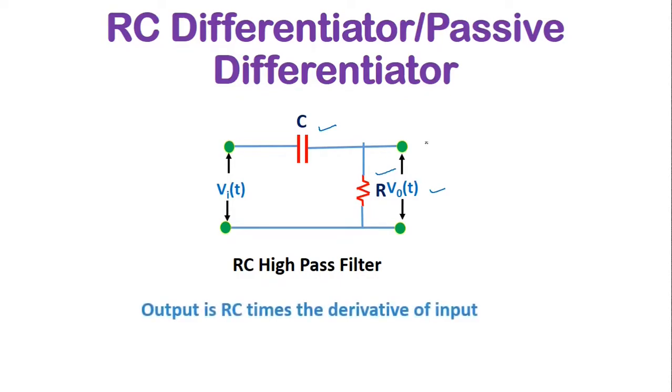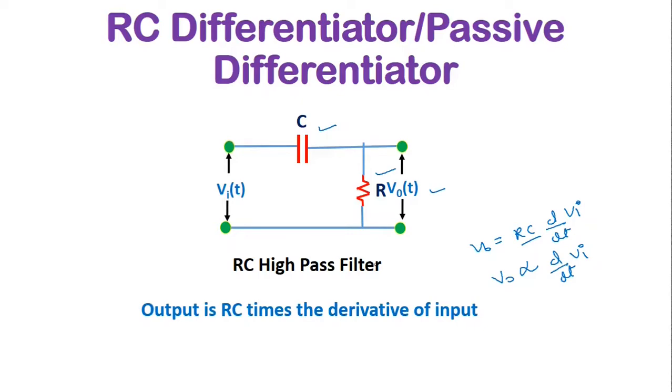In this RC differentiator circuit, the output voltage is RC times the derivative of the input voltage. That means the output voltage is equal to RC into d by dt of the input voltage. Since here RC is constant, the output voltage is proportional to the differentiation of the input voltage in the RC differentiator